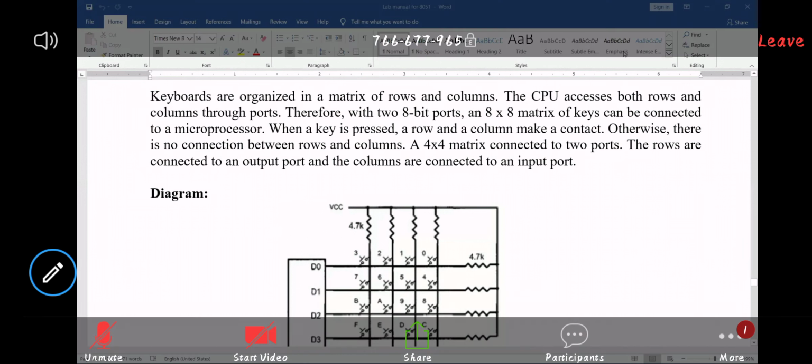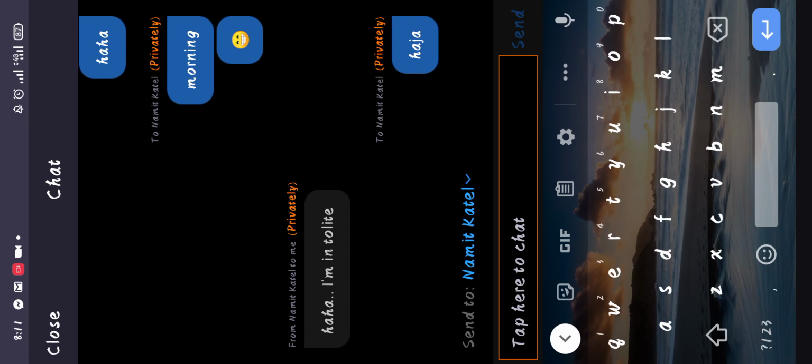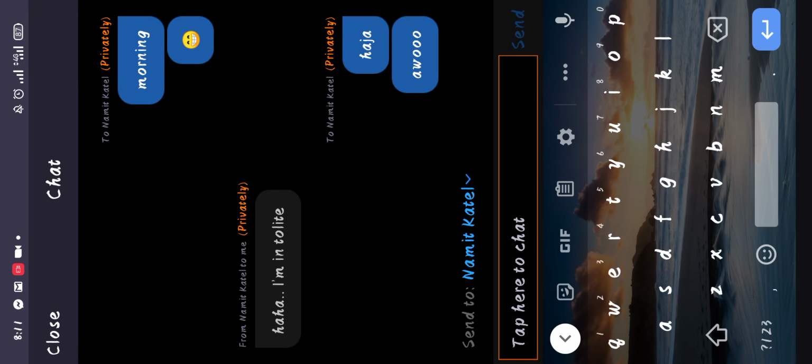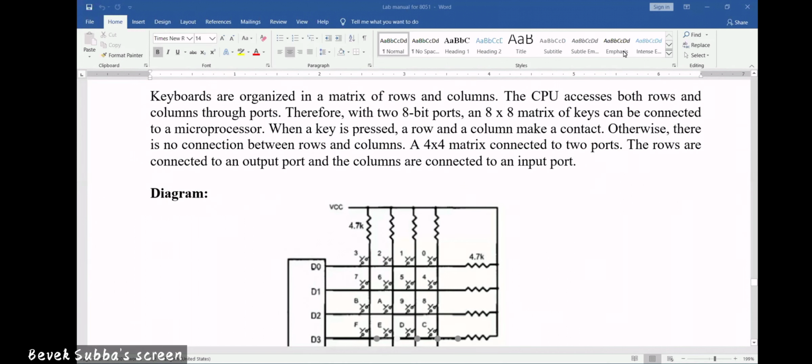So what is a keyboard? Keyboard you must have seen, right? Yes, sir. I will just take one simple example of something like a calculator. Calculator is also one example of keyboard. So we'll take one simple example, not an original keyboard like that of a computer.